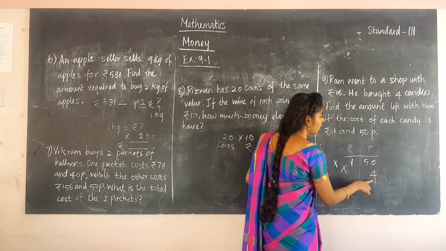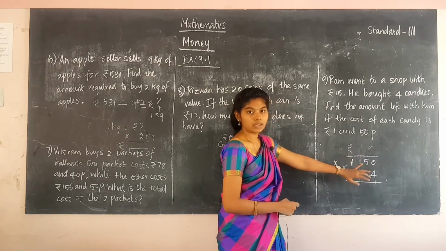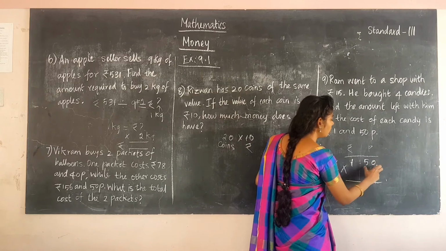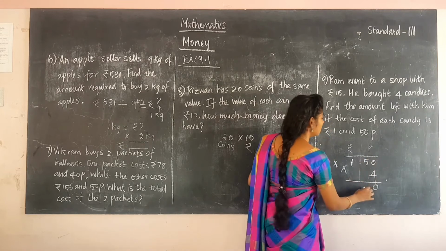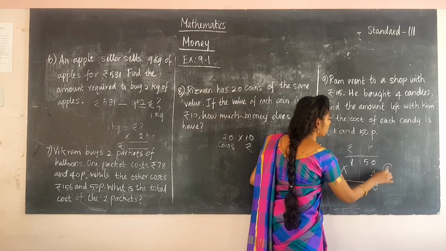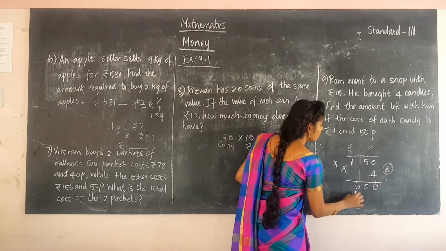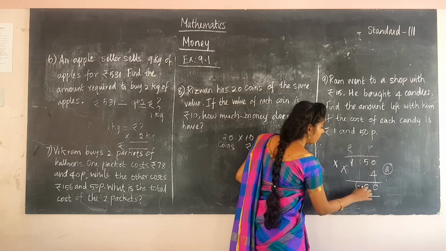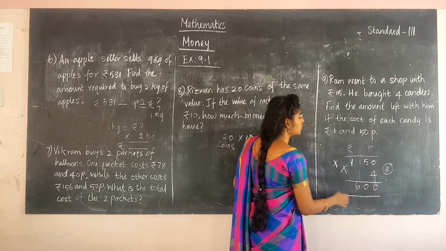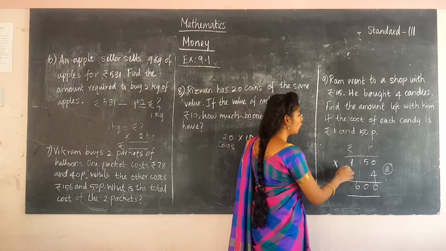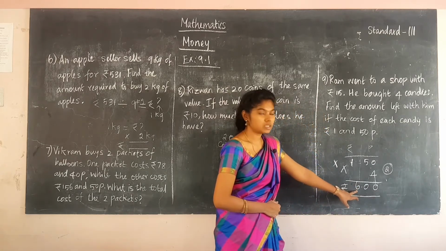So 1.50 into 4. After multiplying, you can split it as rupees and paise. 0 into 4 is 0. 5 fours are 20, here in the tens place 0, and 2 is remaining, which you have to add. 1 four is 4, 4 plus 2 is 6. The last two digits are the paise part, so I keep the point before them. So it's 6 rupees. For 4 candies it's rupees 6. He is paying rupees 6.